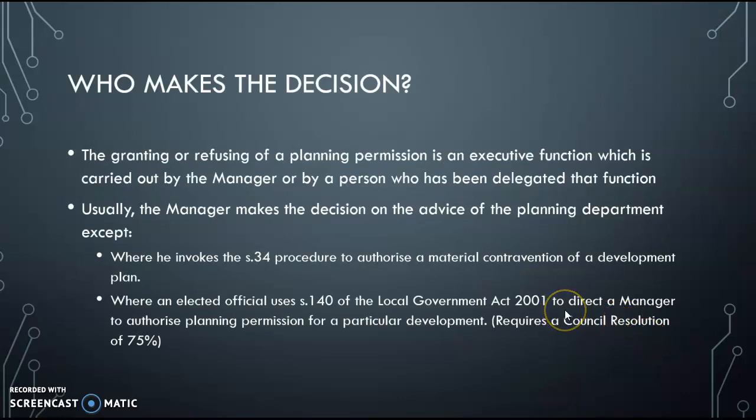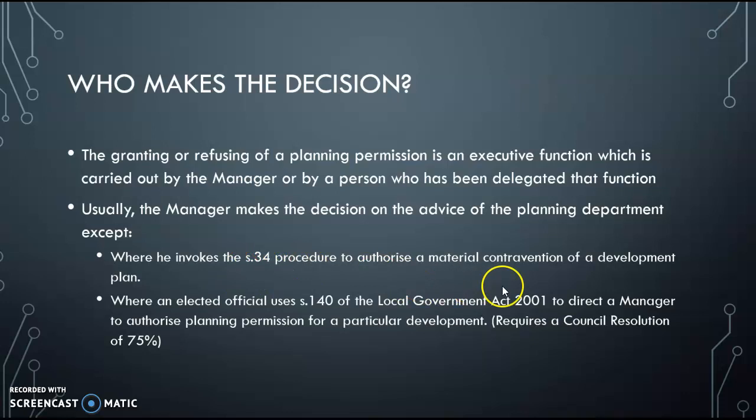So who makes the decision? The county manager is the planning executive, and they usually delegate that to people in the planning department of the county councils, the planning officers in the department who are qualified planners. So the manager signs the order granting the permission, or refusing permission, but it's made by people on the advice of the planning department. The county manager can overrule the planning department